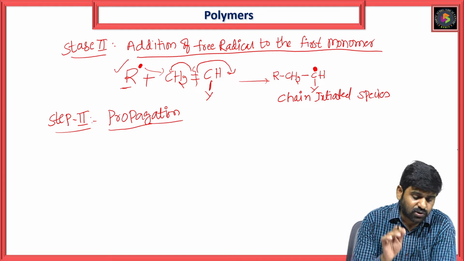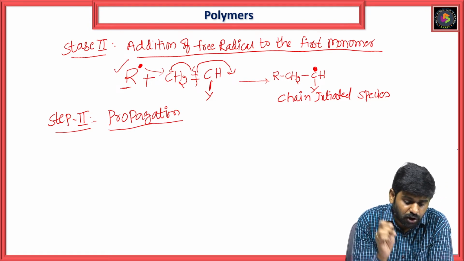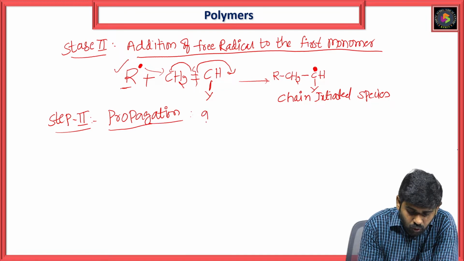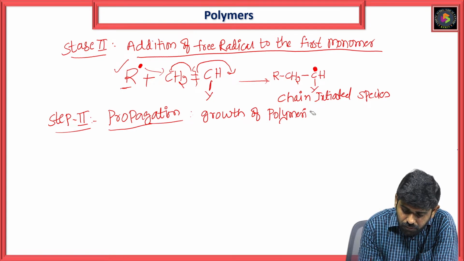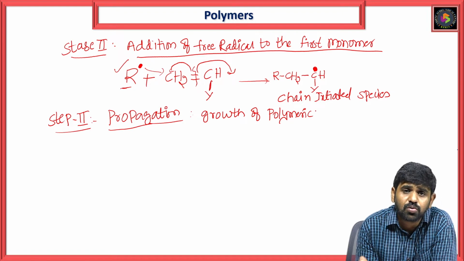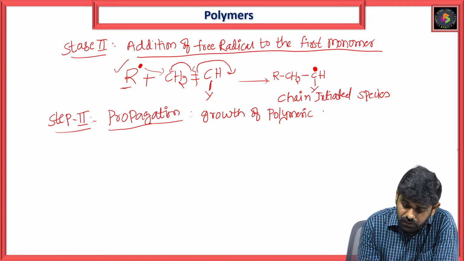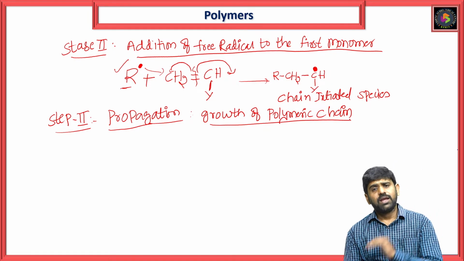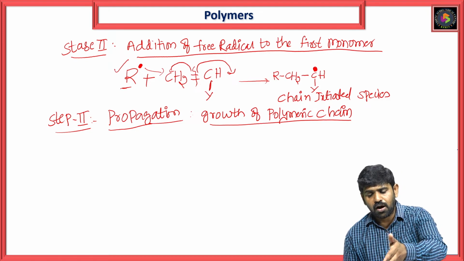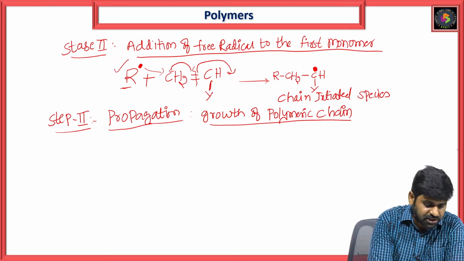This propagation involves the growth of polymeric chain. So here in propagation, this formed chain initiated species